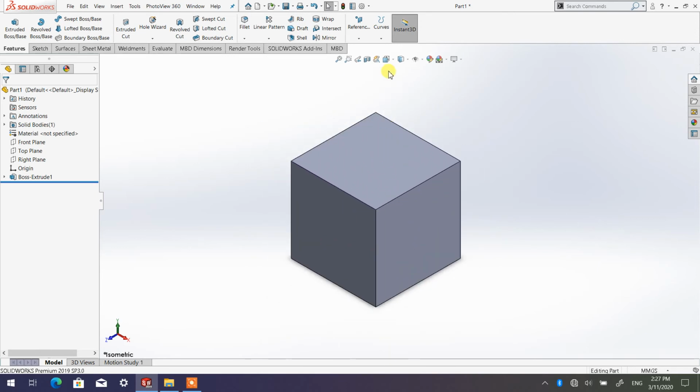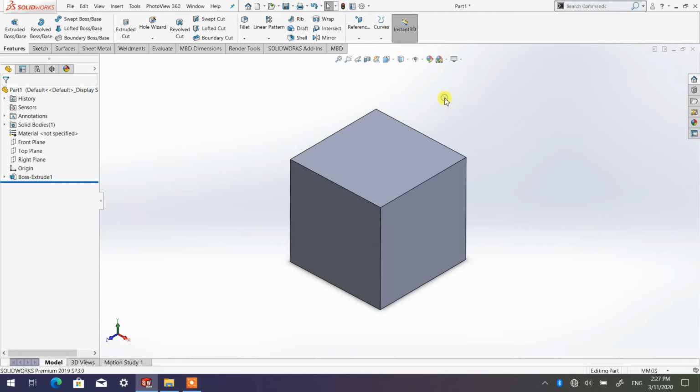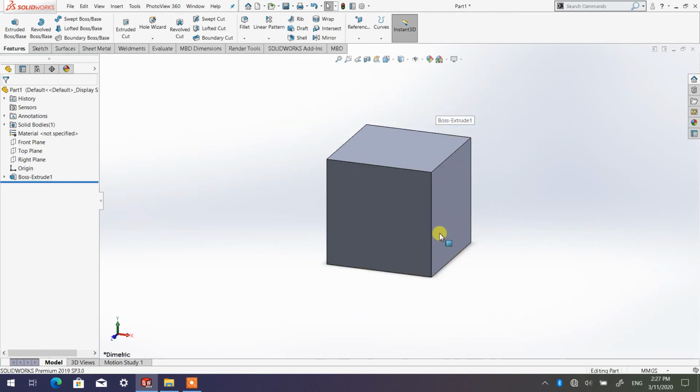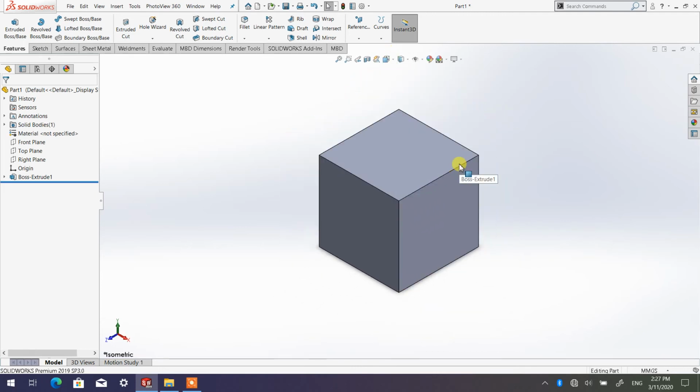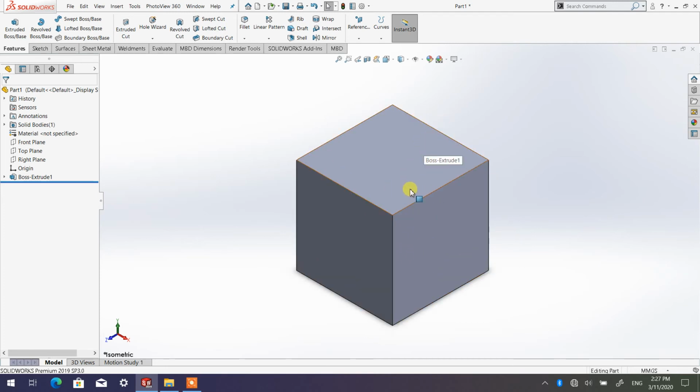Okay, right. So kalau ini isometric, kalau you nak tengok diametric pula macam mana? Okay, ini diametric. Ada pandangan macam ni, pandangan diametric. How about trimetric? Okay, trimetric macam ni. But normally kita akan menggunakan isometric lah. Okay, isometric view. All right. So now, since we already developed a simple part like this,